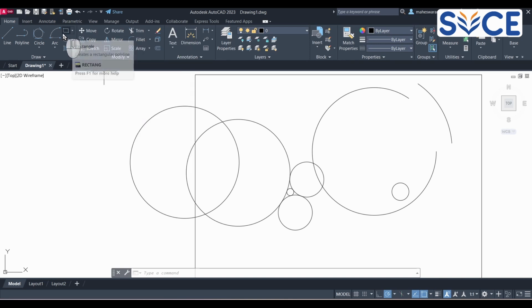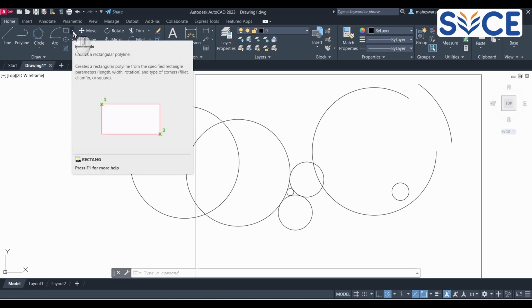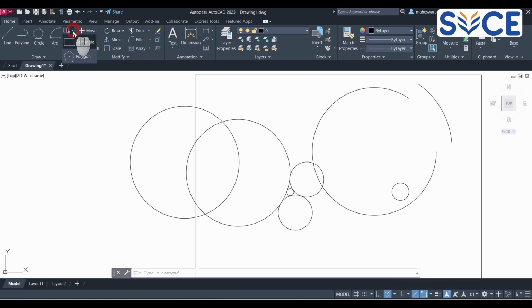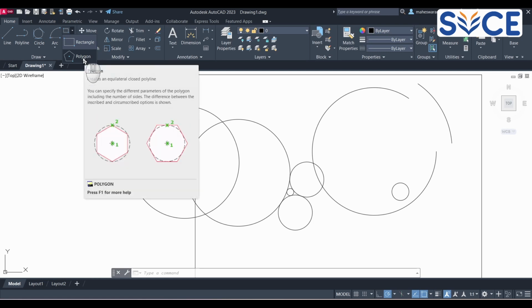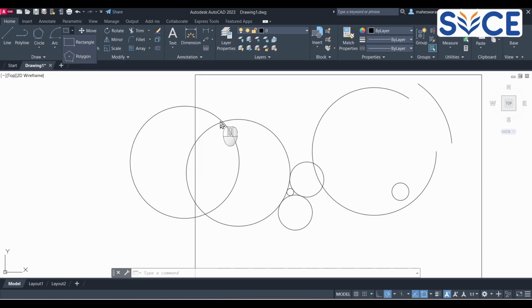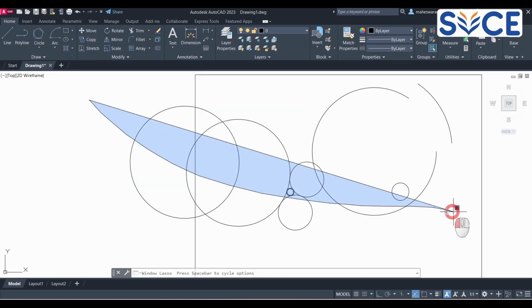Again, near the rectangle you have an arrow. Let me click that. Inside that you have a polygon. When you go for a polygon, whether you want a pentagon, hexagon, whatever it is, you can draw it here. For example, let me go for